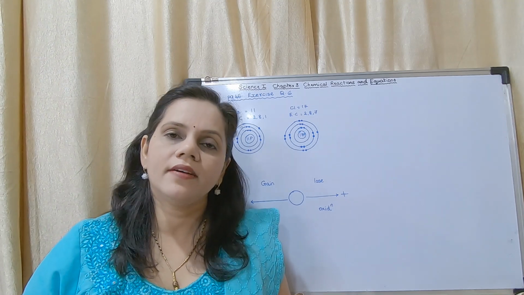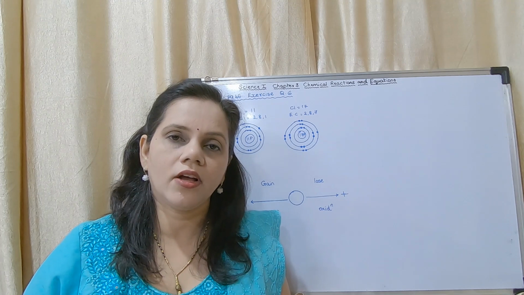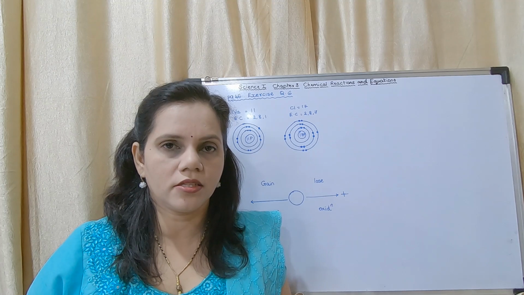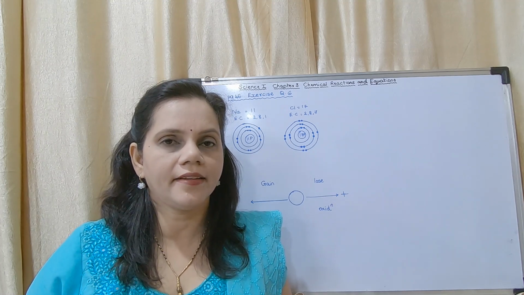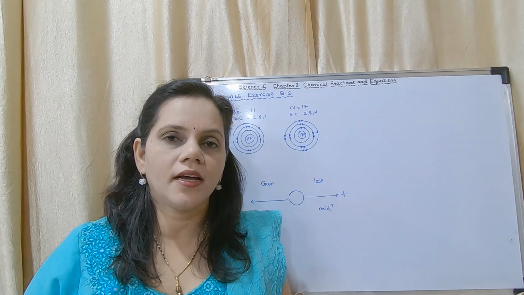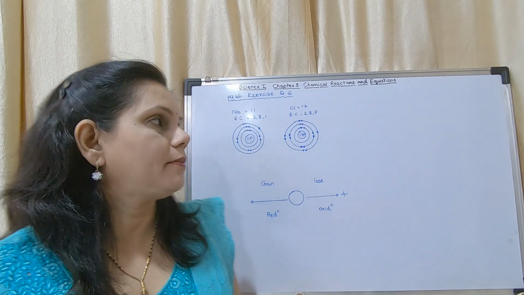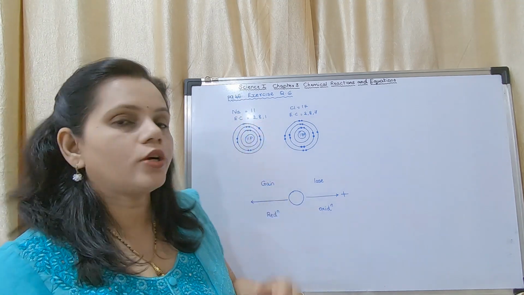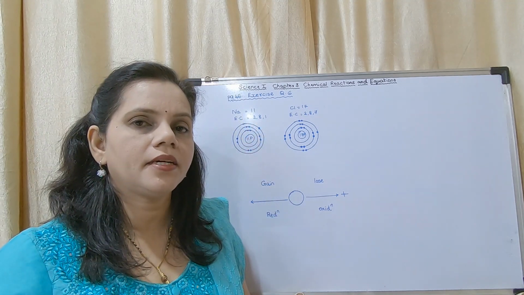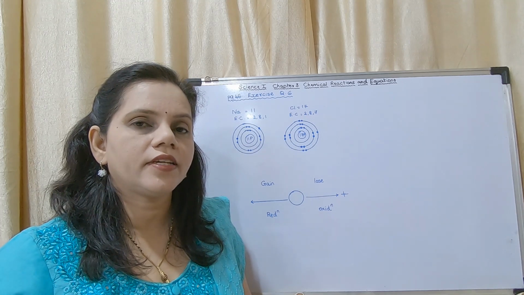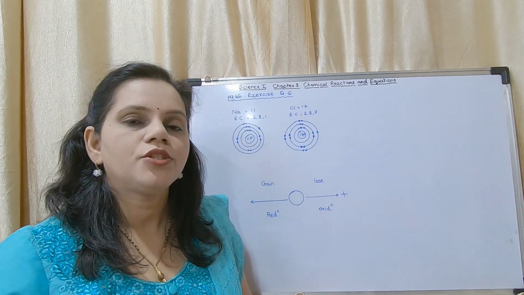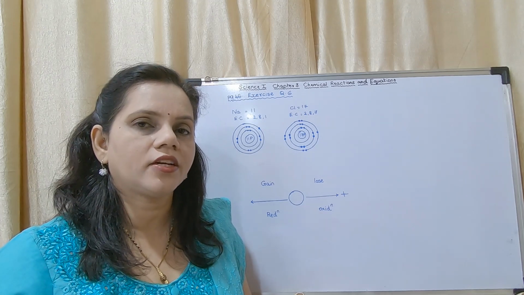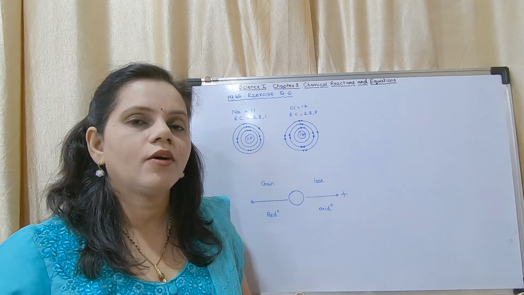Okay, you have heard about the term ions. There are two types of ions, positive ions and negative ions. How are positive ions formed? When an element, for example here they have given the example sodium, which has atomic number 11, its electronic configuration is 2, 8, 1. 2 electrons in the first shell, 8 electrons in the second shell and 1 electron in the last shell. Okay, now what will it do?